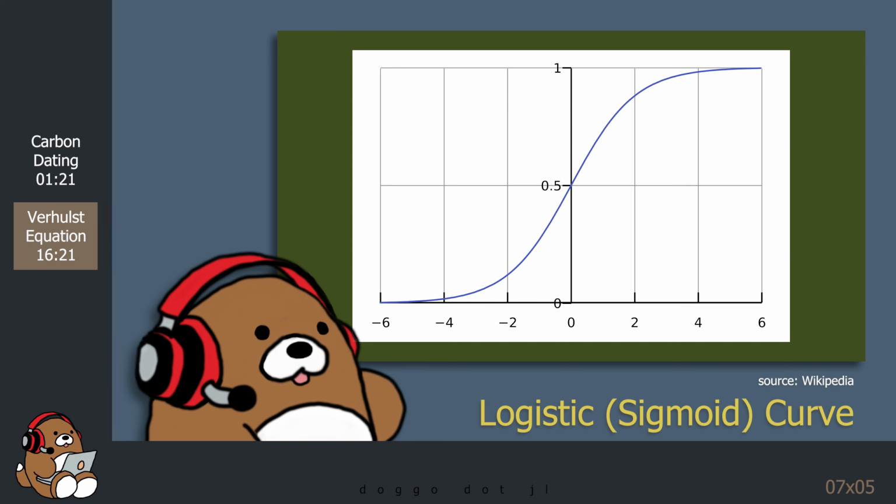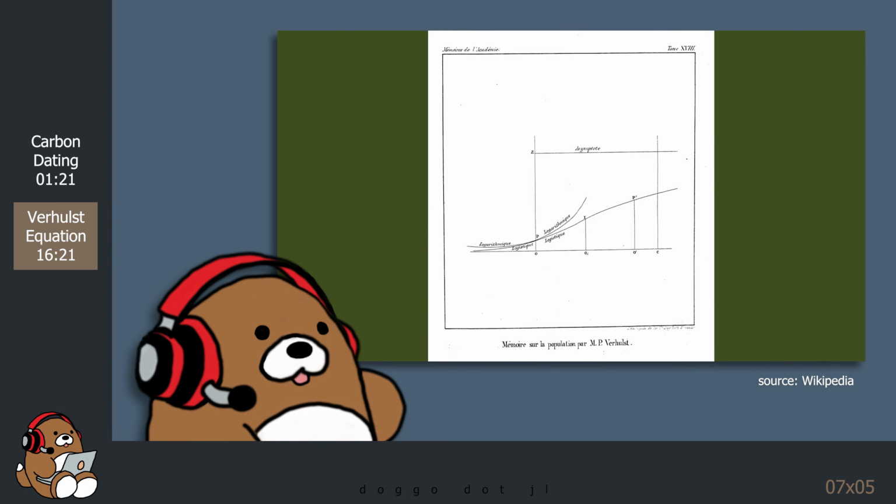The logistic function is an S-shaped curve characterized by an initial stage of exponential growth, followed by an intermediate stage of steady growth, concluded with a mature stage, resulting in a slowdown in growth. This curve was the result of Verhulst's research into modeling population growth in Belgium in the 1830s. He first published his equation for population growth in 1838.